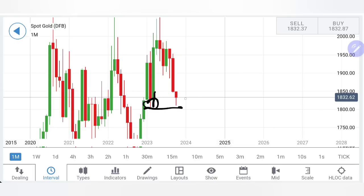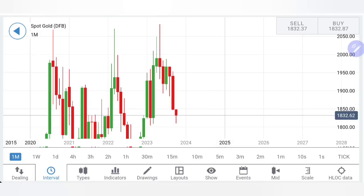It has erased all the gains and is now trying to show a pullback. Since it has started flat, there is a probability that it may try to show a little pull on the upside, where you can see the candle has started almost close to 1850 levels, $40 of move below the opening, and hence it can almost show at least $40 of move on the upside,